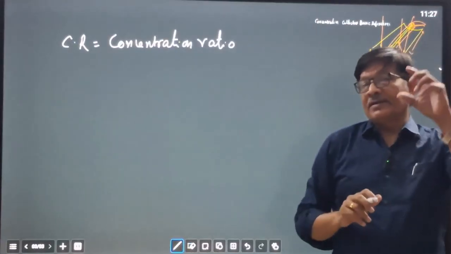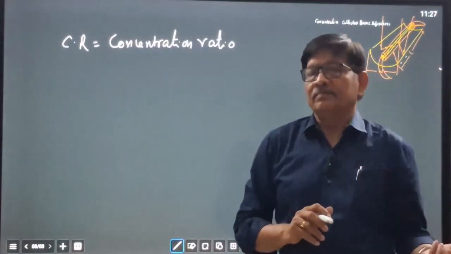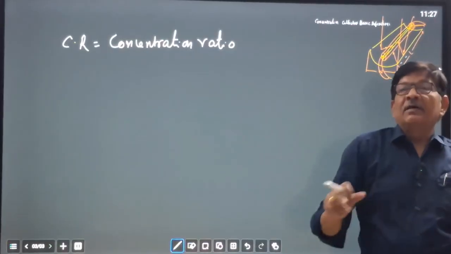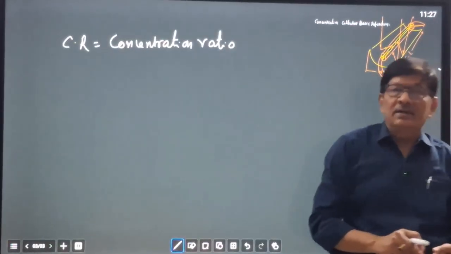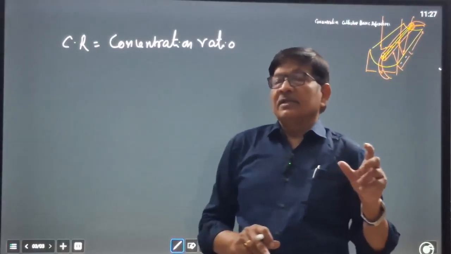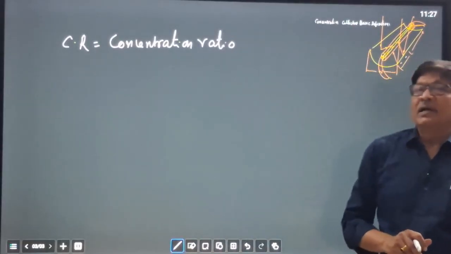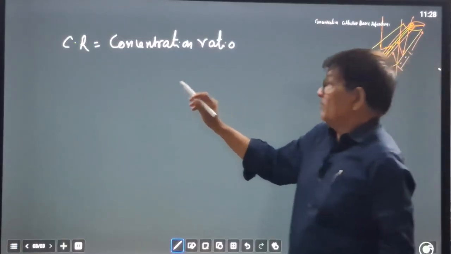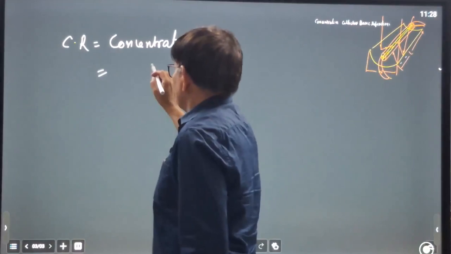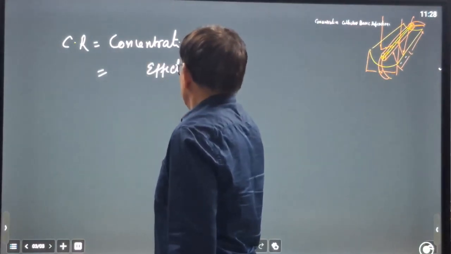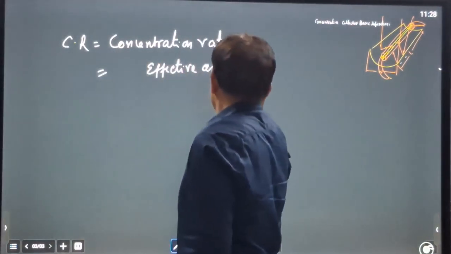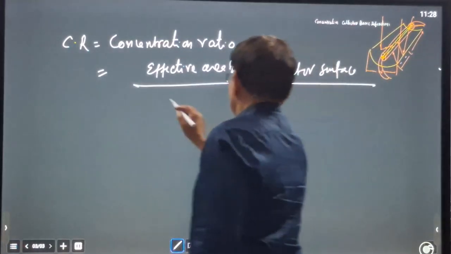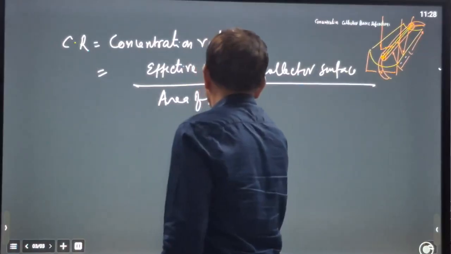Concentration ratio means, if the concentration ratio is, suppose, 10, the incident beam radiation intensity is multiplied 10 times. If the concentration ratio is 100, the intensity of the sun beam radiation will be multiplied by 100. That is the purpose of the concentration ratio. So concentration ratio can be defined as the effective area of the collector surface to the area of the observer